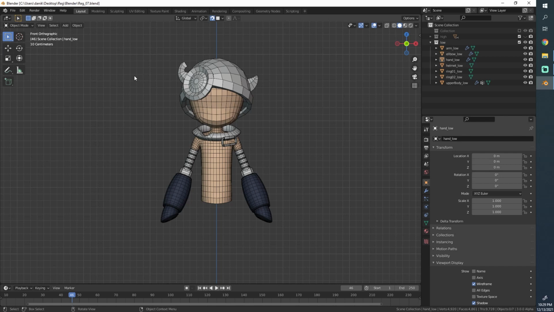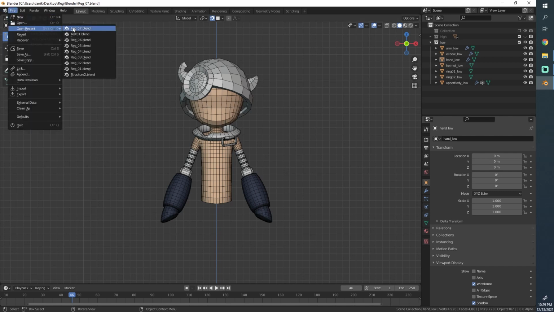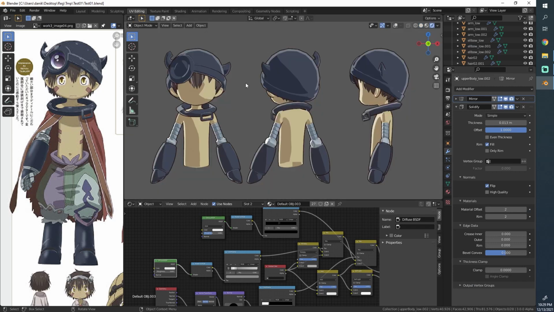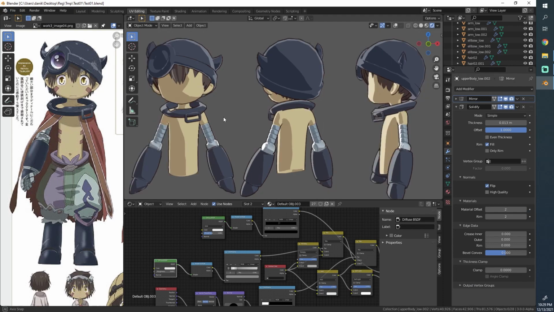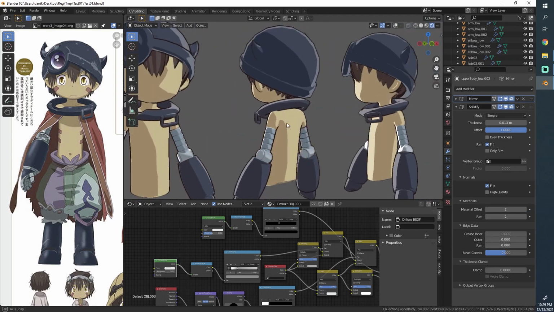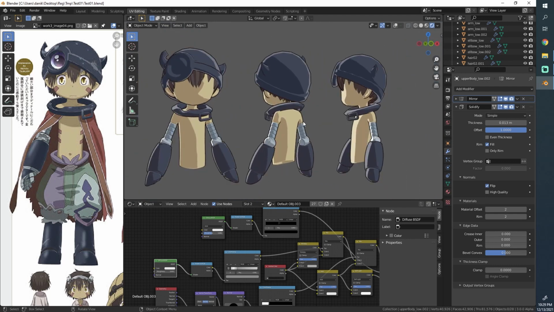the coming days. Before we continue here on this project, I quickly want to show you something that I believe I showed you before already, but I did improve it a little bit more since last time I showed you. So this is a little preview of what our character might look like in the end.